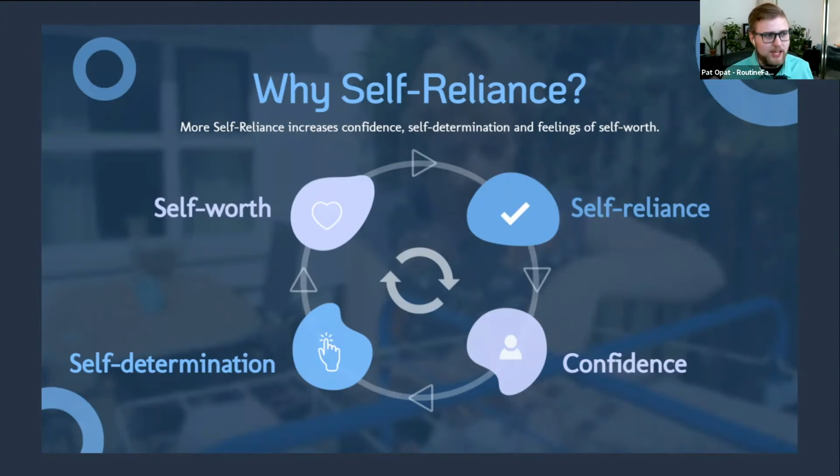And so why, and this is kind of a silly question, but why is self-reliance important? Well, this is really from our experience: when you start stimulating self-reliance, it sets a chain in motion. The more self-reliant you are, the more confident you are, and then the more self-determined, and then your self-worth increases. And that's really what it's all about at the end of the day, is driving self-worth,